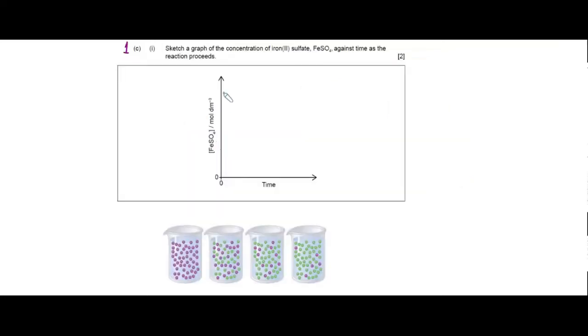So now let's try to plot the graph. In the graph, they have already marked the x-axis and y-axis. The x-axis has time and the y-axis has concentration of FeSO4. So initially, as in the diagram, there are no FeSO4 molecules at the start. So this would be the starting point. As time passes by, the amount of ferrous sulfate increases. It increases very fast initially, then it slows down, and then the reaction dies out at a point when there are no more copper sulfate molecules to undergo reaction.